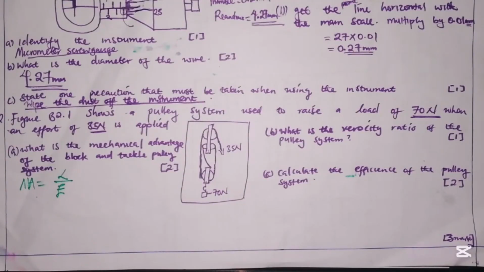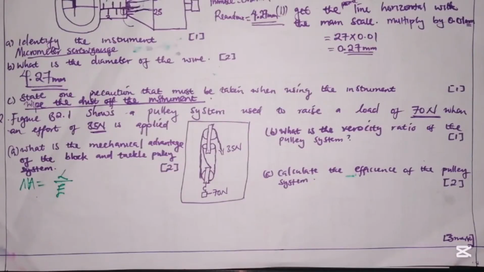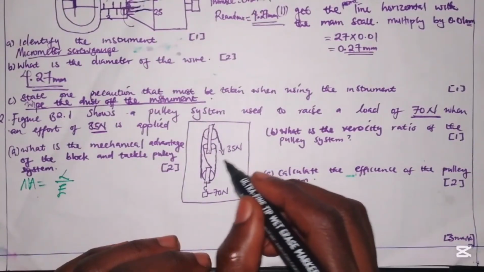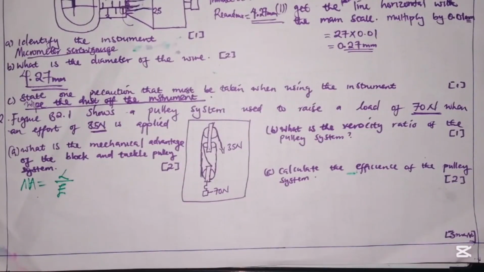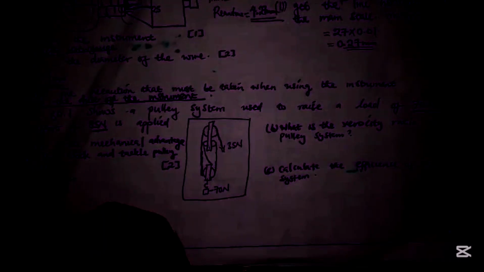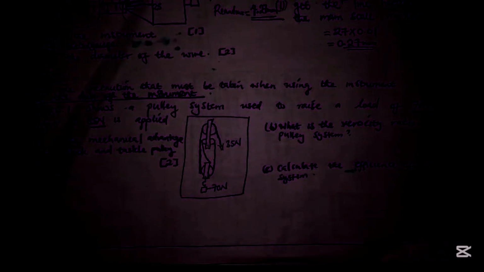So the force we use to overcome the object is what is known as our effort. So if we are applying an effort pulling it here, meaning our load is this. In short, the question even gave us the load and the effort. So here our goal is just to replace it in our formula. So this is the formula, never forget it. Mechanical advantage is equals to load over